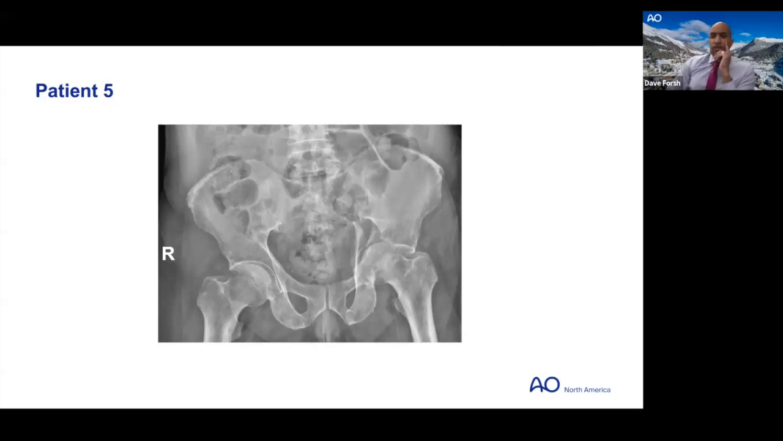So this was a patient that was actually transferred to our institution. She is an 81-year-old female that fell. She got clipped crossing the street here in New York City, and she presents with this AP image in the trauma bay. This is an isolated injury, and the thing that was initially noteworthy was the dislocation or the subluxation